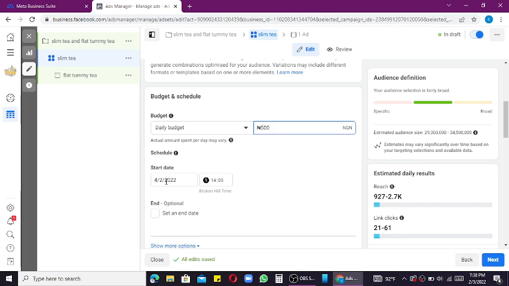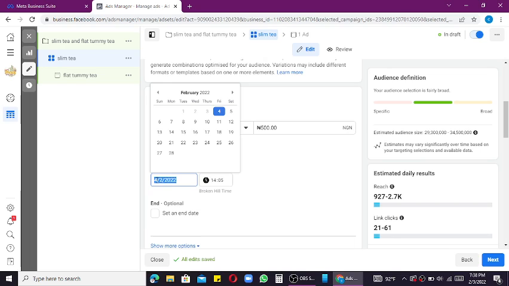This is start date. I believe that as you have your ad, you want your ad to start running immediately. You see that? So maybe you don't want your ad to start running immediately. Here now, today is 3rd of February 2022, and we are having 4th here. If you want your ad to start running today, this night, you change it